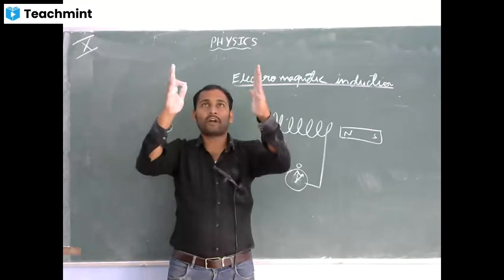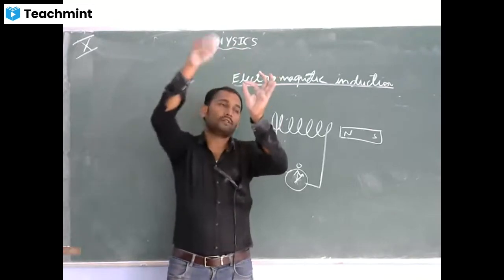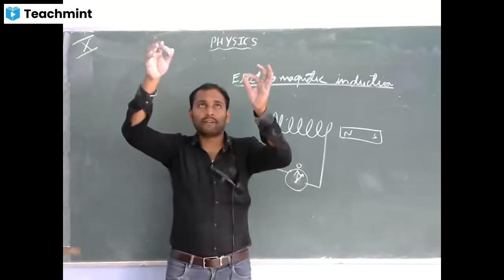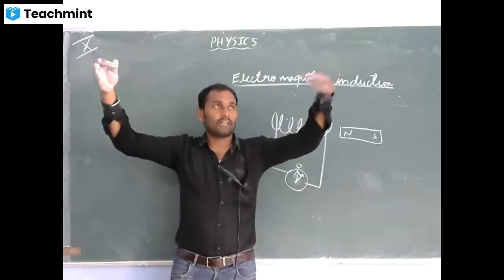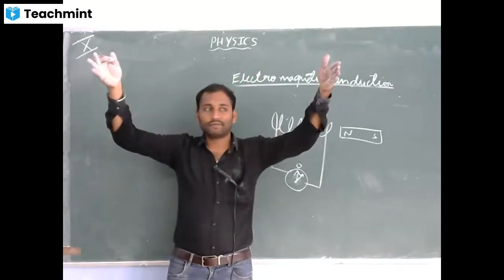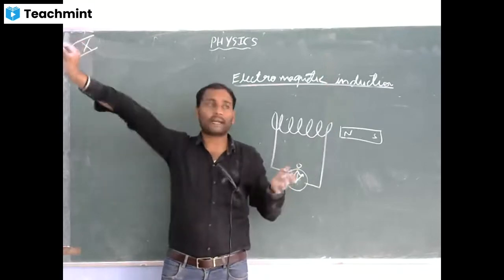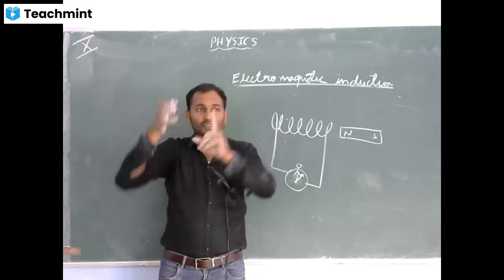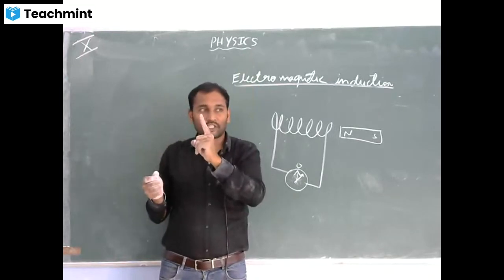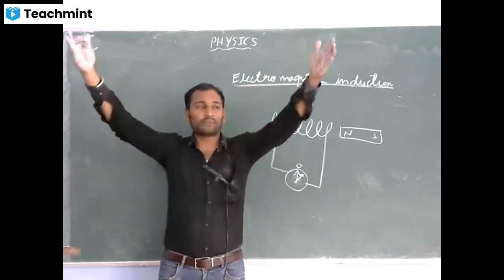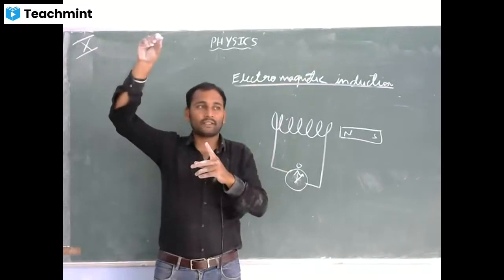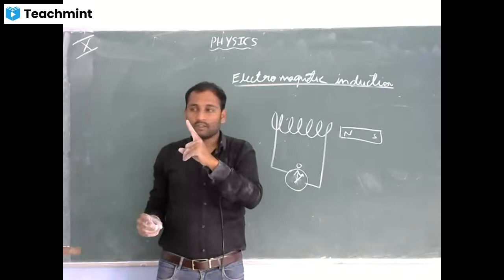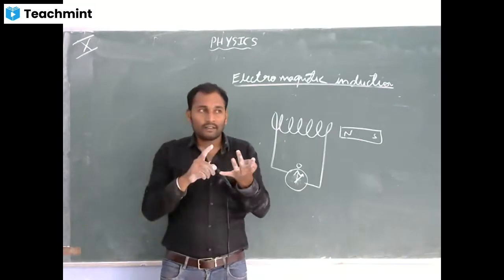Now my copper coil was this much. I have wound the copper coil around a cardboard like this. Now I will increase this copper coil from here to here. Same galvanometer, same magnet. Before, when the copper coil was this, the deflection was only this much. Now the copper coil is this much bigger. I move the magnet inside the copper coil, the deflection is more. Clear? So what can you say?